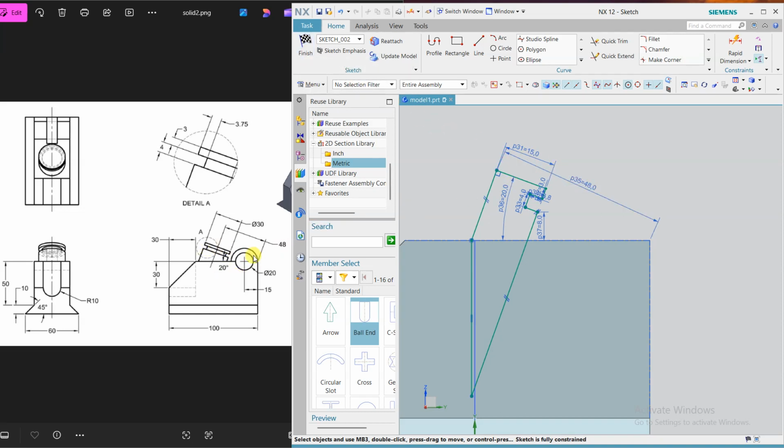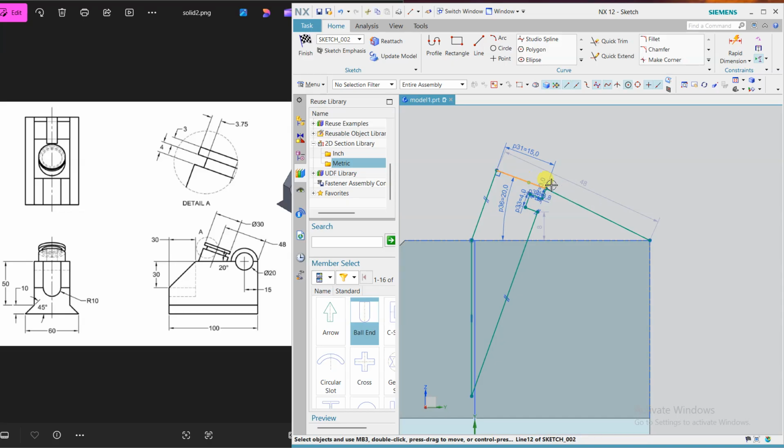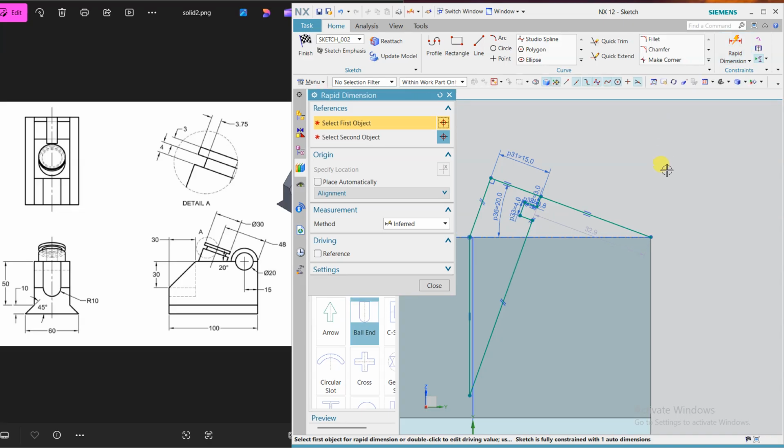This line is meeting with this. Let me check. Yes, maybe. So select this and this line, make them collinear. Okay. Now the distance is 48.